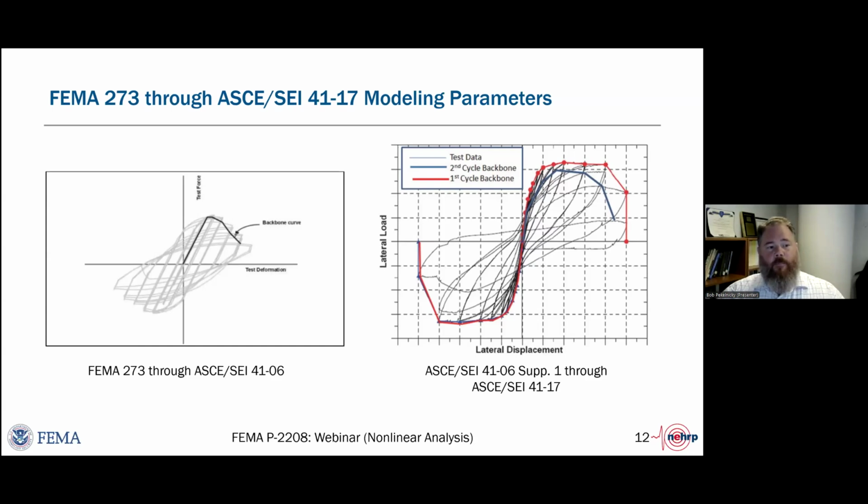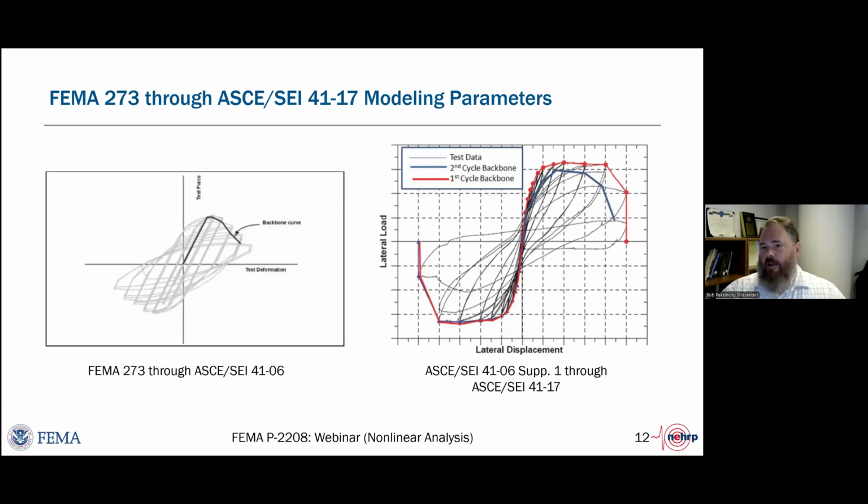And then you drew a backbone through, as you could see, the second cycle. And this was intended for pushover analyses, that if you use this backbone curve in a nonlinear static pushover, it would produce a reasonable representation of the displaced shape of the building at the maximum response in an actual earthquake or a nonlinear response history analyses.